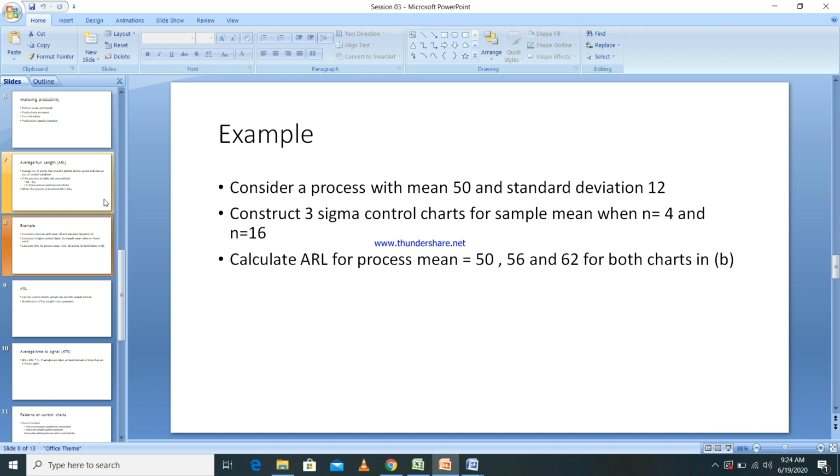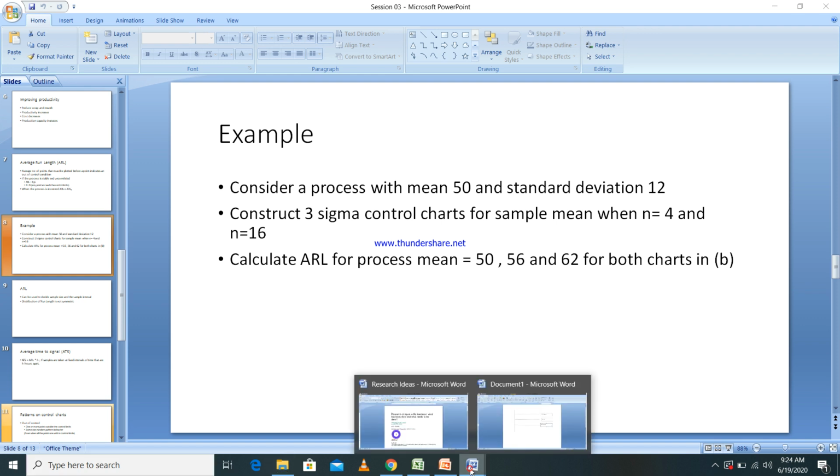And also you have to recalculate the ARL for the same process when the mean is equal to 50 and 56, and when the mean is equal to 62. So how are you going to do this? If you have a look at this,